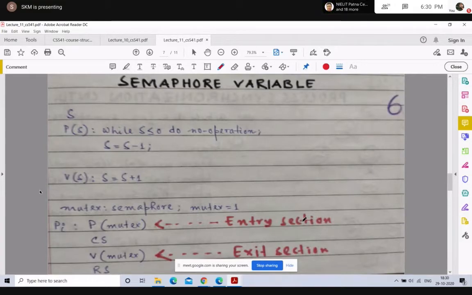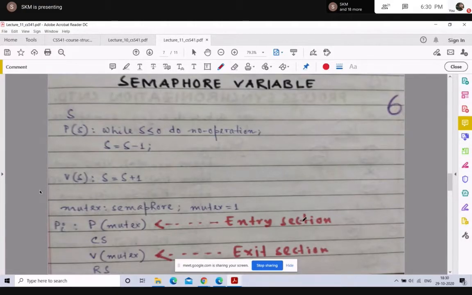Let us try to understand what a semaphore variable is. A semaphore variable is a special kind of integer variable which can be initialized and can be accessed only through two types of atomic operation. One is called a P operation and another is the V operation.